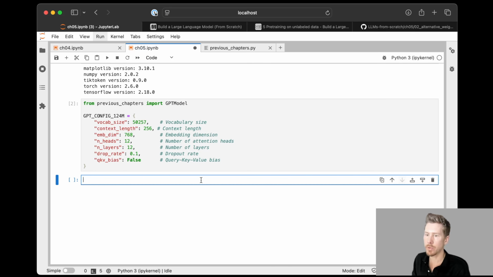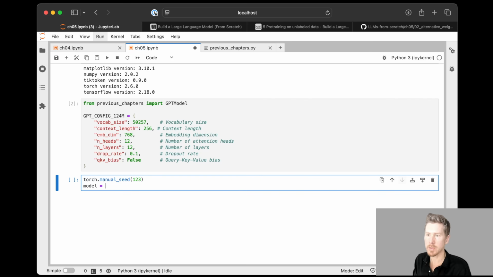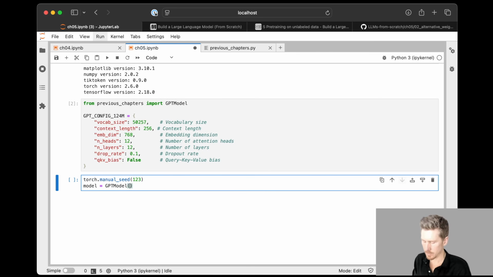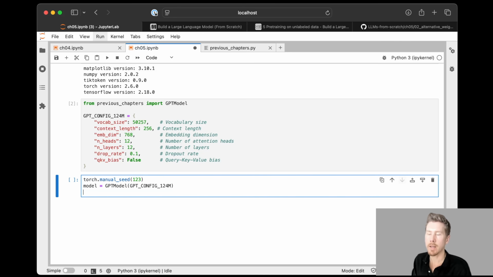And then we are going to use the model, so torch manual seed, so that we both, you and I, get the same results. And then the model itself. So we will, there we go. We will use this dictionary file. And then one thing I forgot actually in chapter 4, sorry about that,